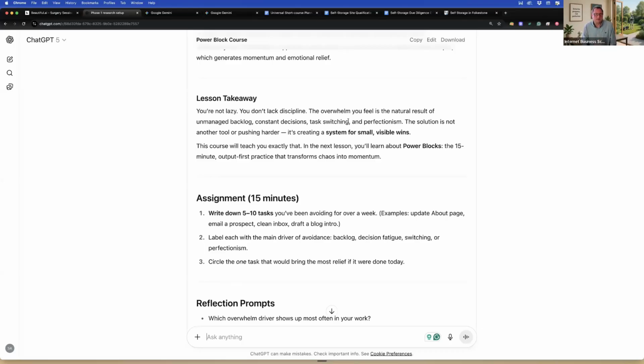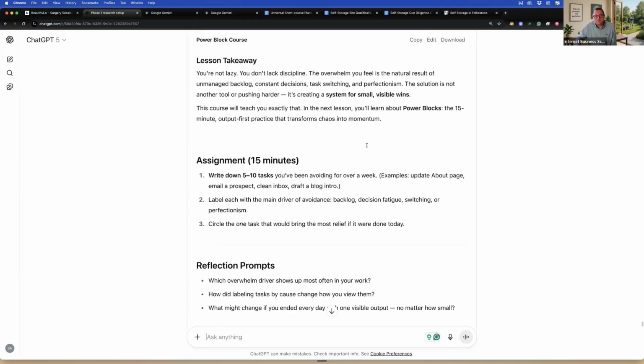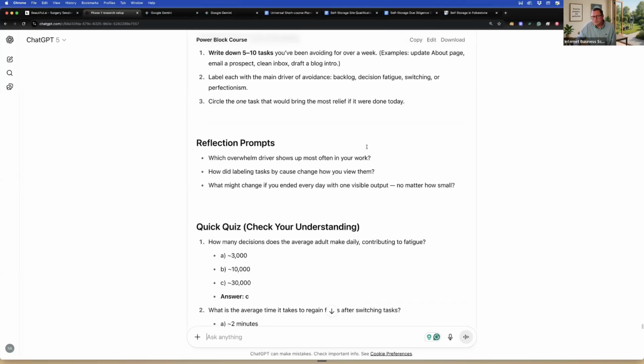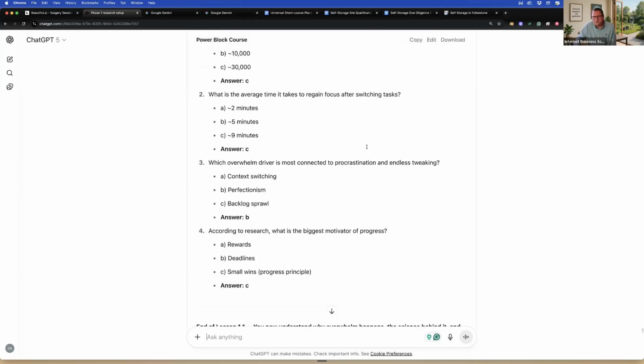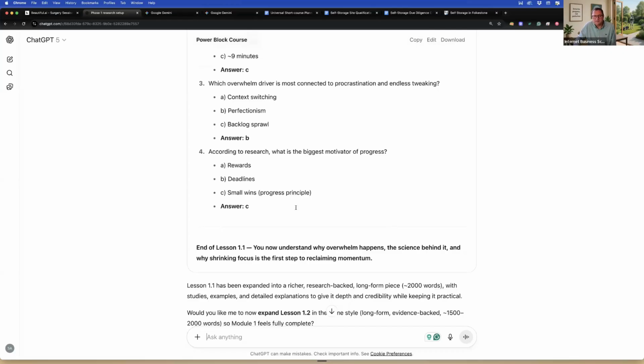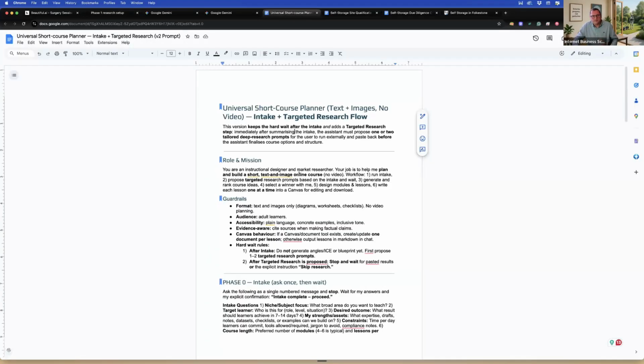It likes to present stuff with lots of bullet points, short sections, and numbers. Okay, which wasn't going to be very helpful. So it thinks it's done really well, but in reality, the actual content creation was a bit grim, not useful. So that's when I went back to the drawing board and went through the process of creating this longer